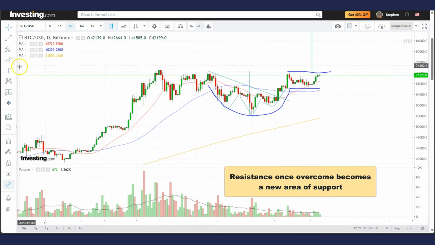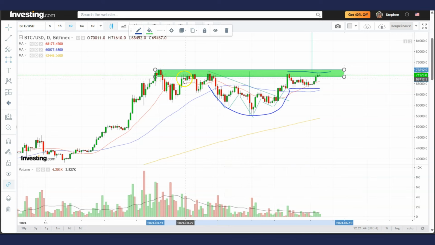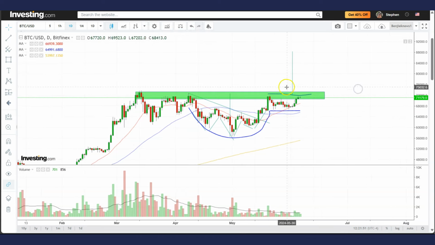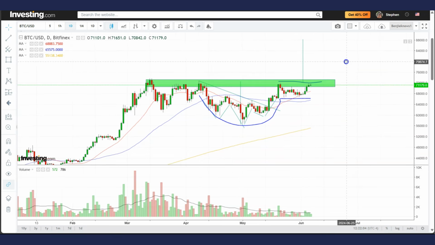If it breaks above this resistance area, this new area will be a new support, and this will be a very strong support because it has been consolidating and trading here for a very long time. So if the breakout happens, Bitcoin might go up to 88,000, and then any decline down to this strong area of support is very viable for long-term investors as a buy-the-dip setup. So let me just go back to